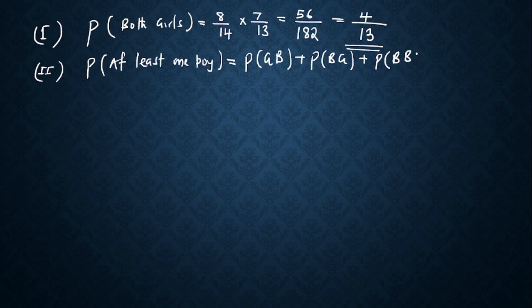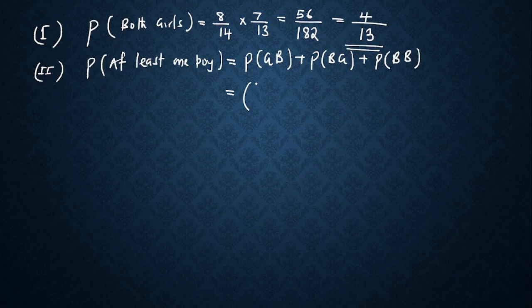Okay, so what are we going to do there? We said the probability of first picking a girl and second picking a boy, that would be 8/14 multiplied by